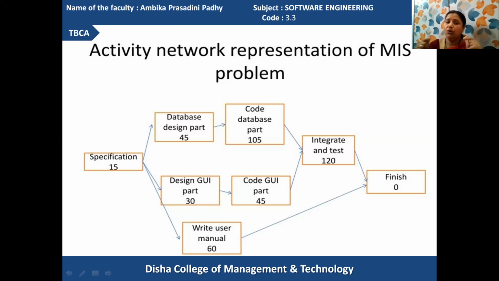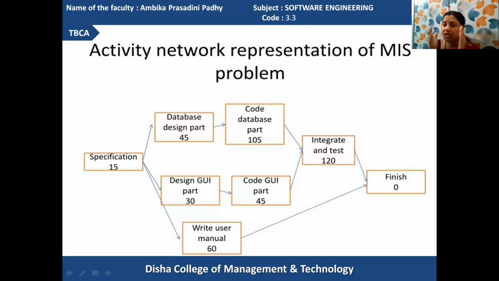Similarly, when the designing part is over for the GUI, then the GUI coding starts using proper programming languages. And the database design part will also be converted into the coding database using the respective database packages.